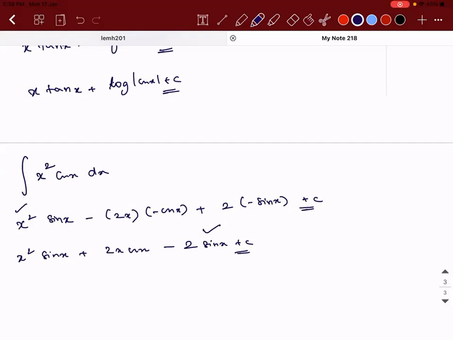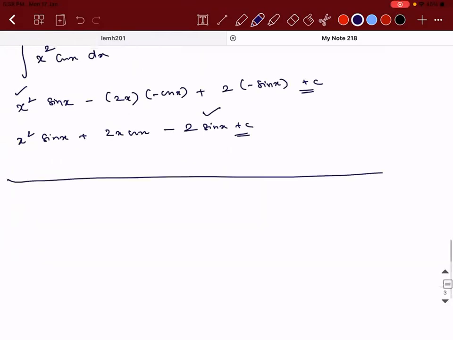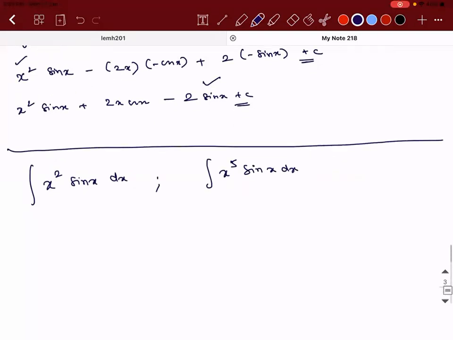Okay. So the logic is, when you have something like this, the integral of x square sine x, or for that matter, the integral of x power 5 sine x also. How to write the answer in one step: when you have a basic algebraic function raised to the power of anything, into sine raised to the power 1 or cos raised to the power 1 of dx, then how to solve this is, listen,